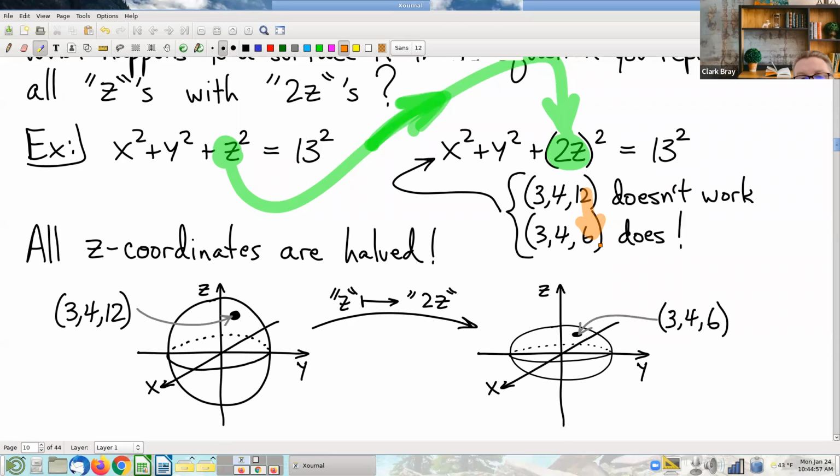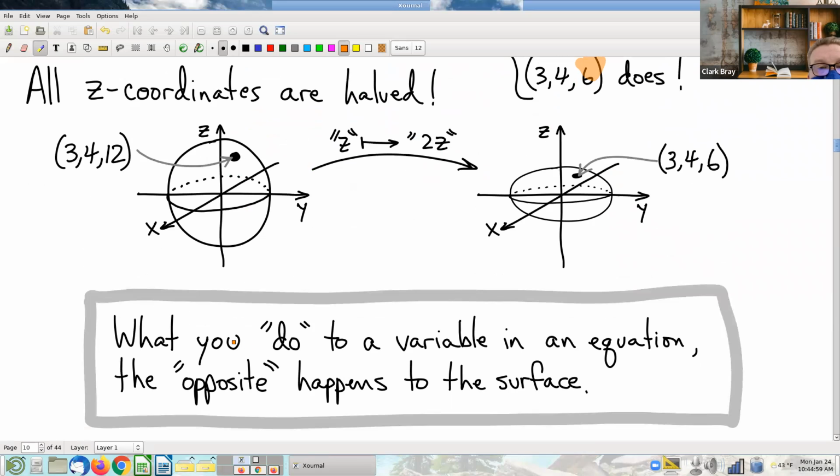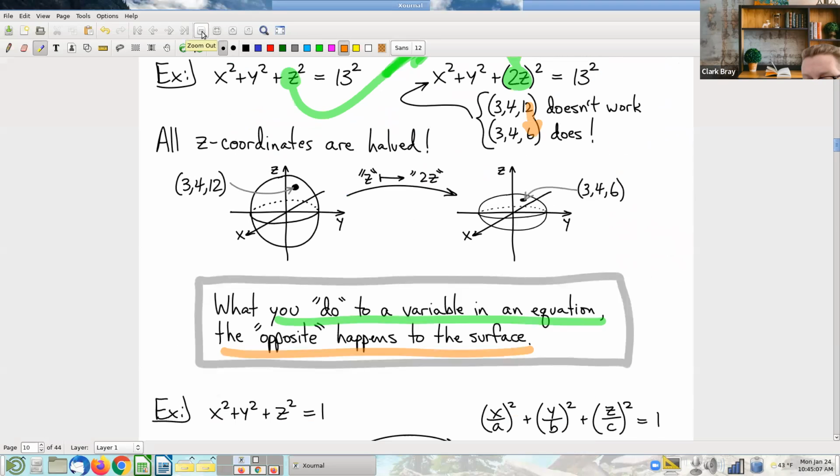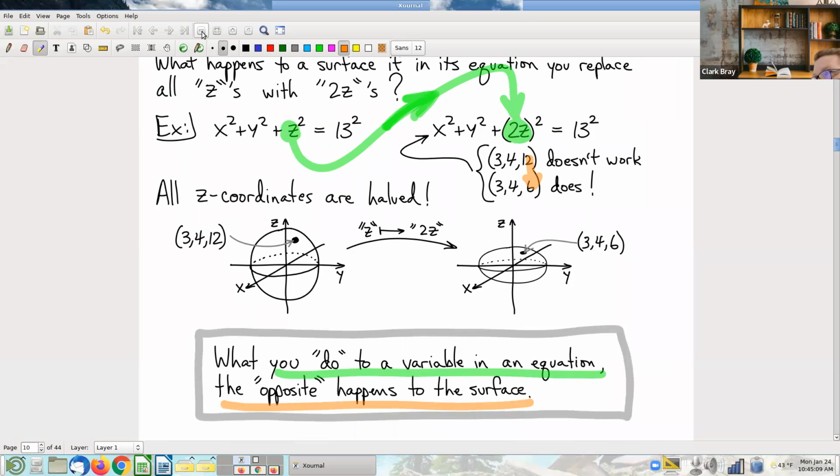Or the way I like to say this is that whatever you do to the variable in an equation, the opposite happens to the surface. All the z coordinates get cut in half in response to the extra factor of 2 being put in front of all those z's in the equations. Everybody on board? This is a little sort of arithmetic and smart alecky move. Okay, so nice punchline then